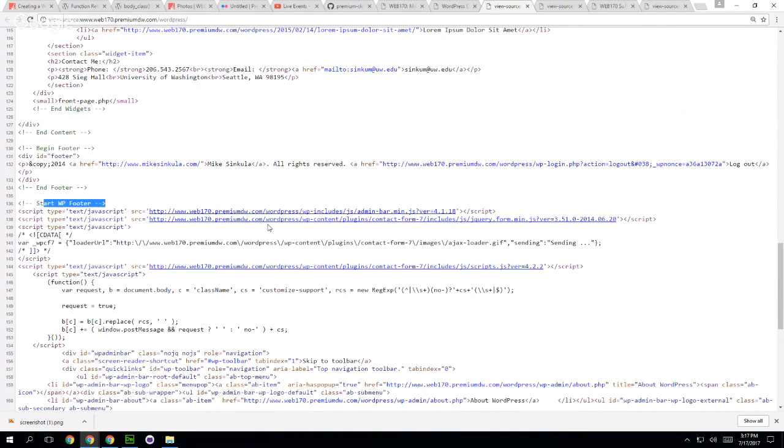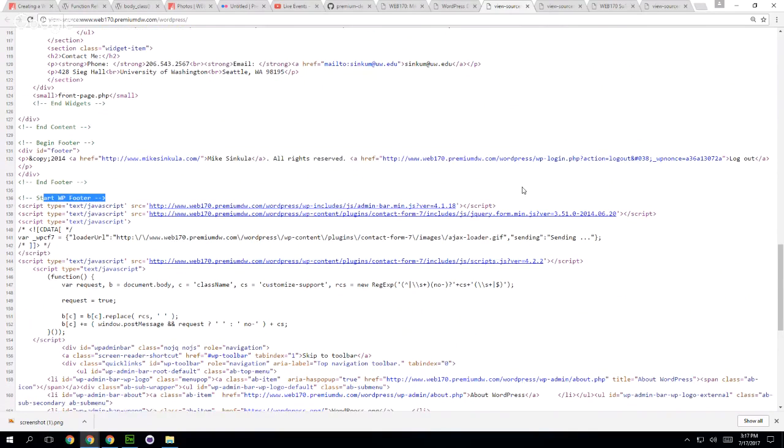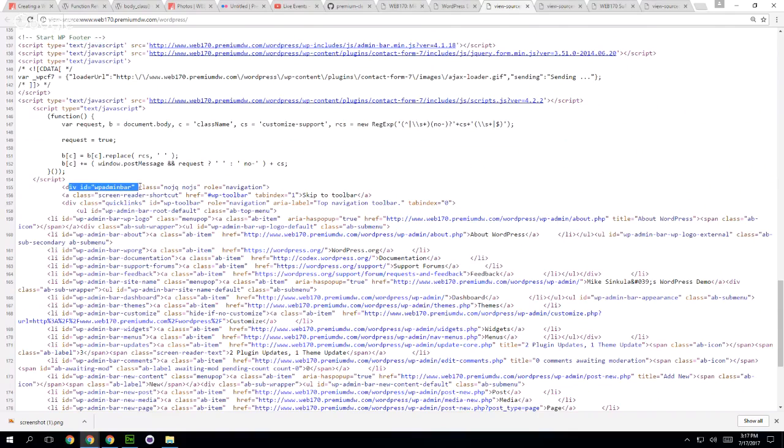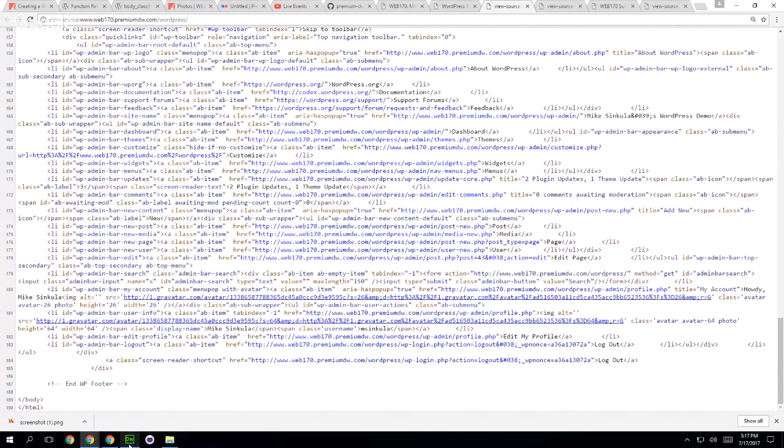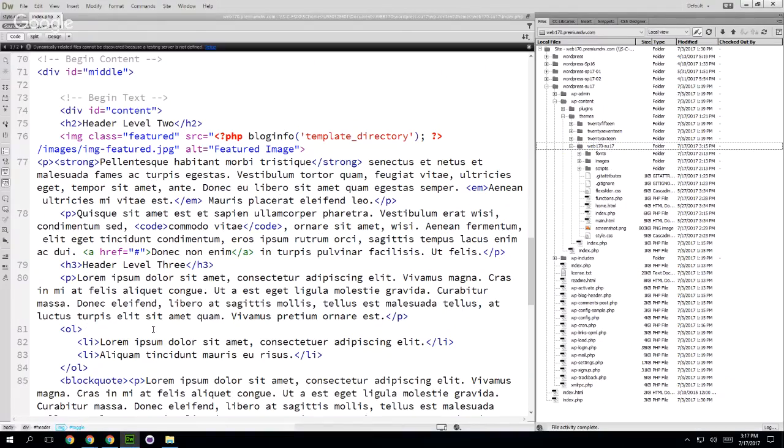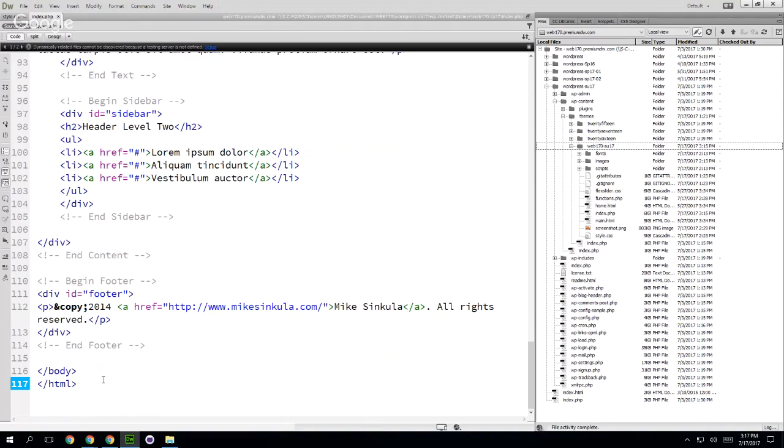This is where, if you've ever put JavaScripts in your footer files, take a look at this. This is where the WP admin bar gets put. Okay. So down below, just before the closing body tag,